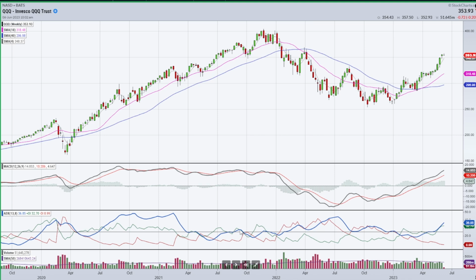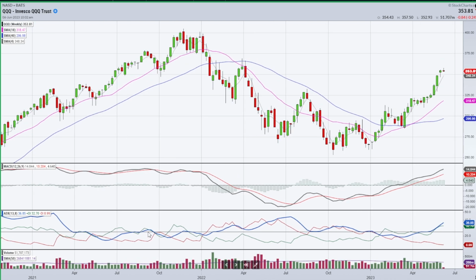But this did reach the 30 level. Let's just see exactly what number it got to. It got up to right around 27, 28. I think that's good enough. And the way I do it, I look at it from a standpoint, is there any air between the